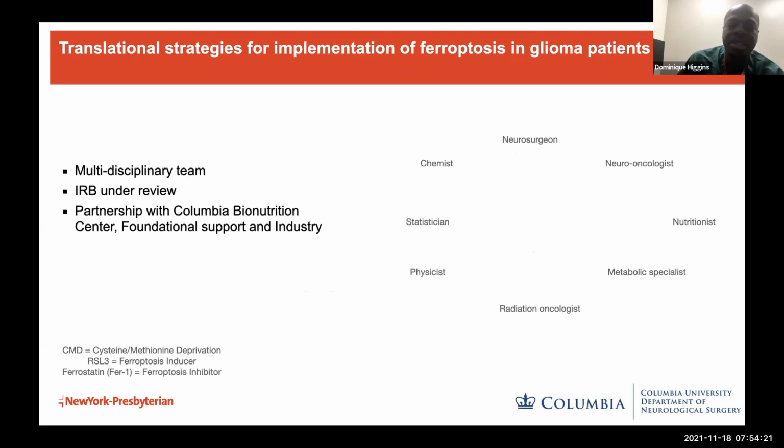And it's a multidisciplinary team which took a lot of input from various aspects. We had a great metabolic specialist that works with our pediatric patients that actually is familiar with some of these rare metabolic disorders, where they have to limit cysteine or methionine in their diet. So that was a big input in terms of what we were able to do to try to get this plan off the ground. And working with the Columbia Bionutrition Center, we were able to develop a formula that essentially